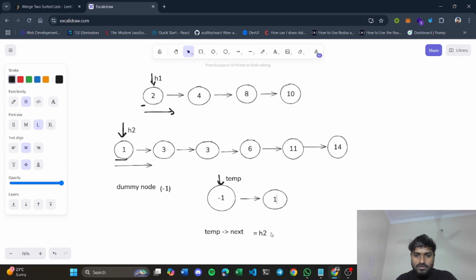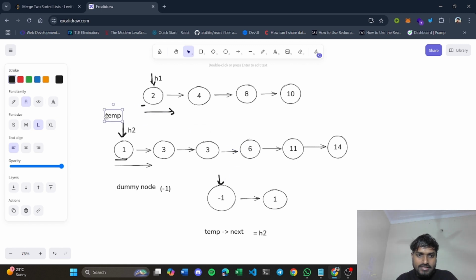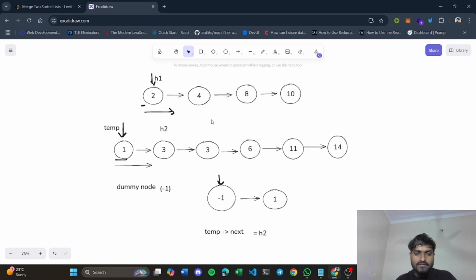And after that you will move your temp pointer to this h2 place, and this h2 will be moved forward, right? So that in further comparison you compare these two elements. That's why you have moved your h2 pointer here.